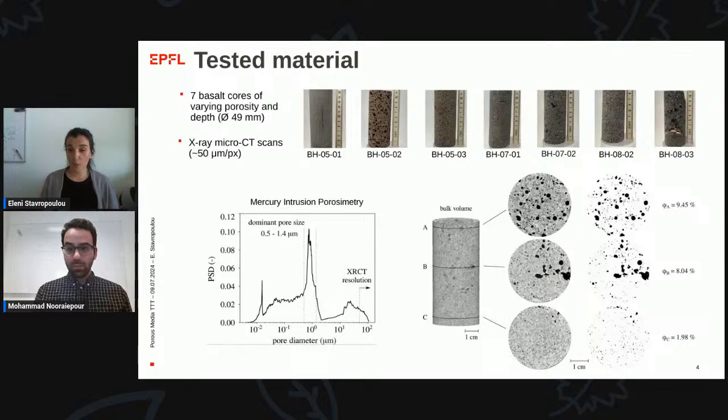Well, we can see these pores. We're obviously limited by the given resolution, which is 50 microns per pixel. However, there are pores also below this resolution. And as you can see here, indeed, we can measure a dominant microporosity of an average 1 micron in this material using, for example, mercury intrusion porosimetry, MIP. So in addition to these very complex pore structures that we can see here from our scan, we know that there are also smaller pores and structures that we can't really see with this technique. Okay,